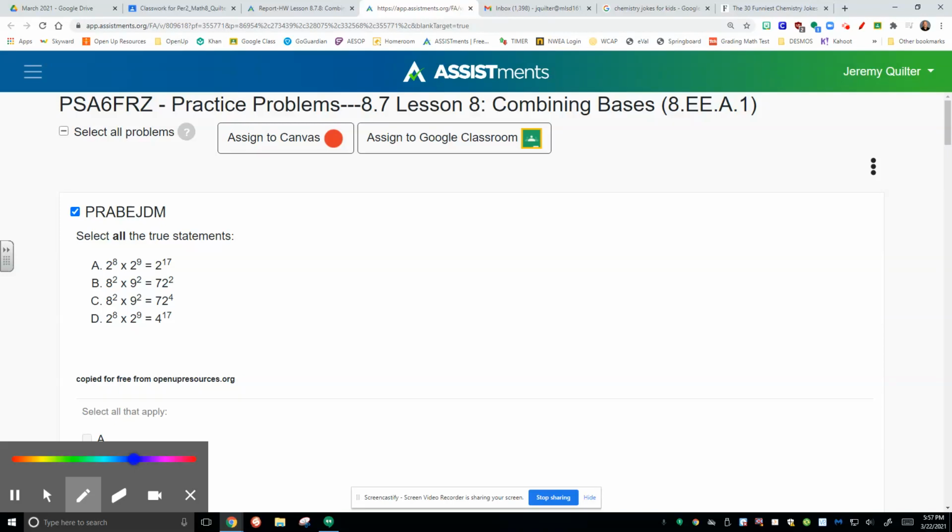Welcome to a little homework help, Unit 7, Lesson 8, combining bases. We talk about this first problem. It says select all the true statements. When we look at these, we need to consider the piece that we've talked about,